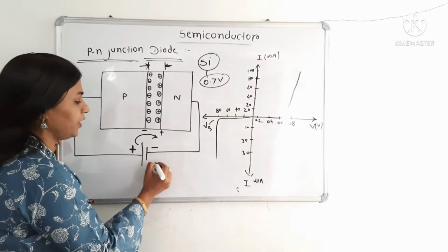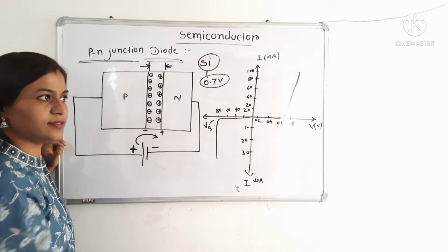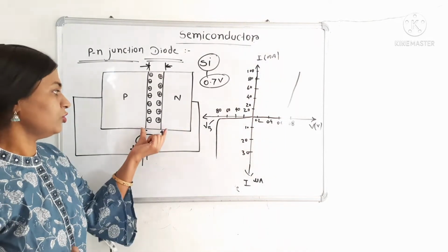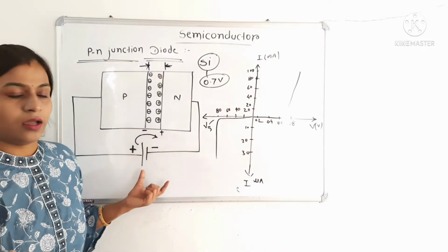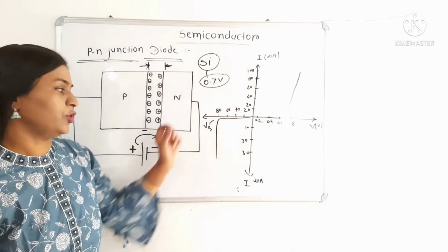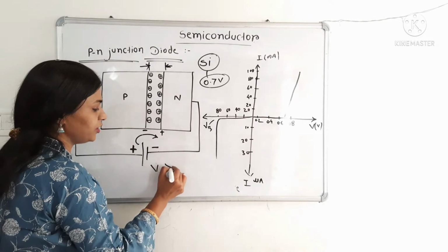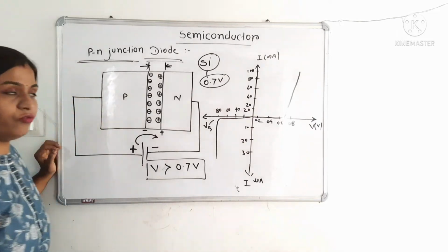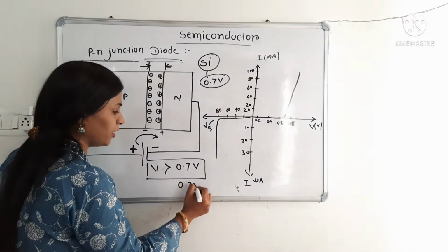देखो, अगर हम एक्सटर्नल वोल्टेज जो अप्लाई करते हैं वो अगर इस बैरियर पोटेंशियल से लेस है, अगर हम बैरियर पोटेंशियल से लेस वोल्टेज अप्लाई करेंगे तो ये कैरियर्स इस पोटेंशियल को ओवरकम नहीं कर सकते, तब तक जब तक आप बैरियर पोटेंशियल से ज़्यादा पोटेंशियल अप्लाई नहीं करेंगे। अगर आपका एक्सटर्नल वोल्टेज 0.7 वोल्ट से ज़्यादा है तो ही यहाँ पे करंट कंडक्शन होगा इन फॉरवर्ड बायस।